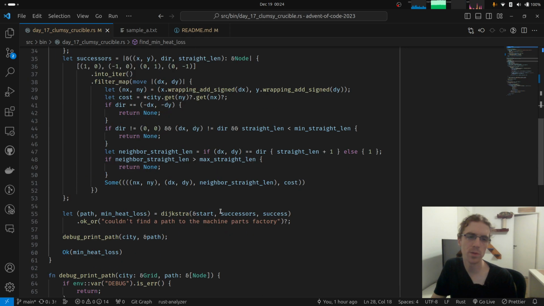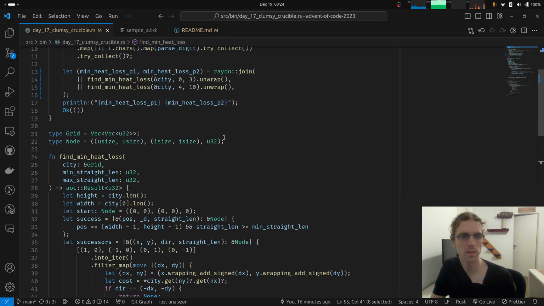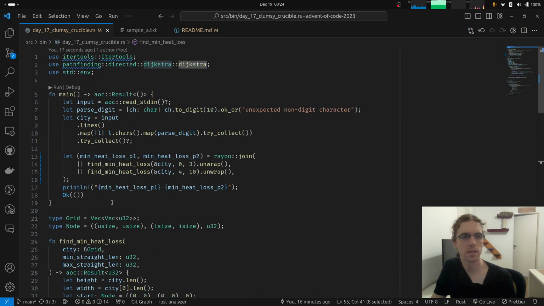Yeah, this could be an option and just return the option thing that Dijkstra does, and then handle the options here, I guess. That's also a possibility. But I don't think that this really makes that much of a difference.